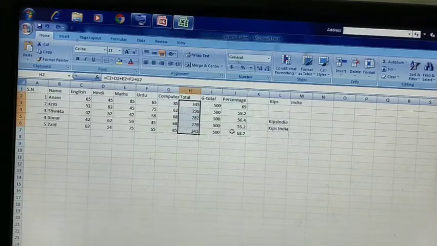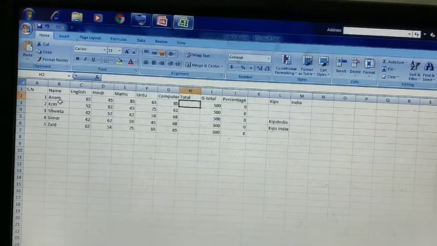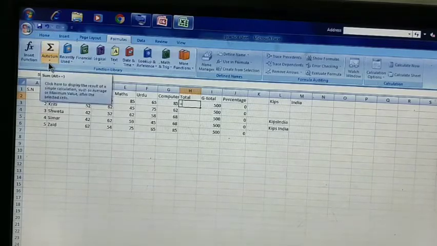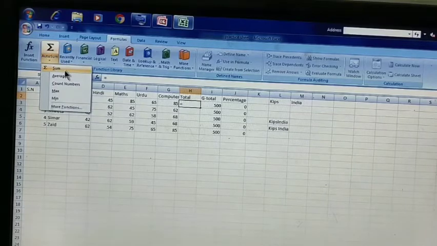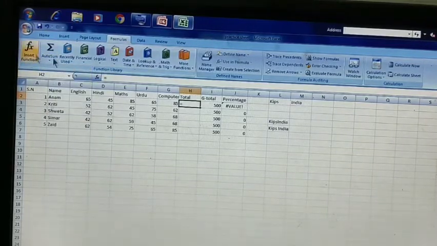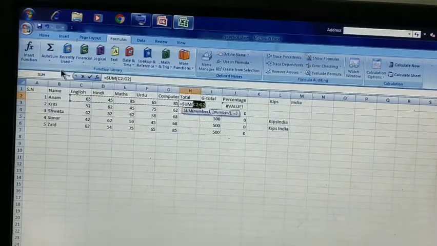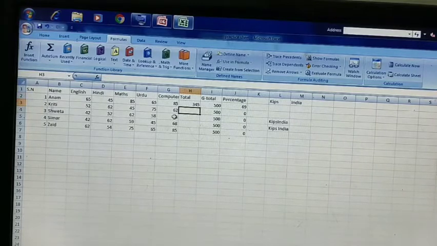So I'm just deleting this. So now I'm going to add these values using a function. So how will I do? Press the equal sign, it is very important. Then go to the formulas tab, and here go to the AutoSum section. There is a function named sum. Sum is used to add values. If you have so many values and you want to add them, then you can use sum. So just click on it, and then you can see it has selected the range. Now you just need to press enter. It's done.